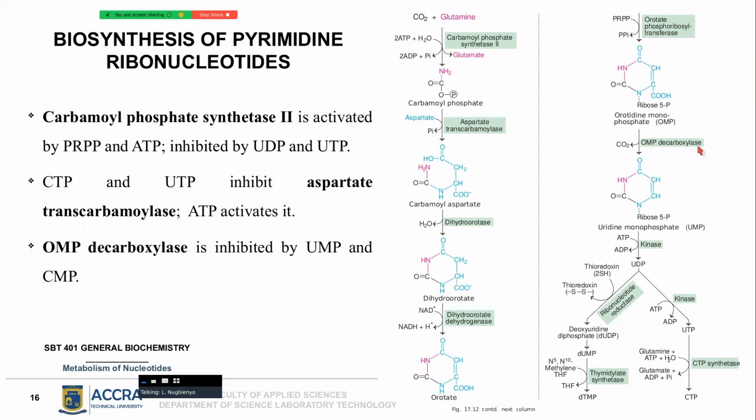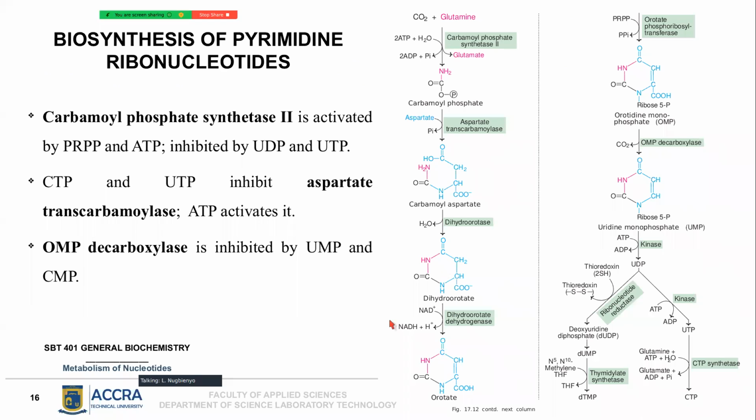Similarly, you have cytidine monophosphate. So either you have the uridine monophosphate or cytidine monophosphate, which will be acting as inhibitors to OMP decarboxylase. All of this is what? Feedback mechanism. So you see this kind of feedback mechanism. Whilst you are reading biochemistry, you see such things happening over and over and over again. Okay, now,